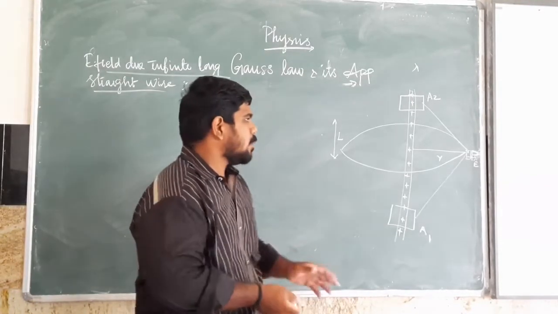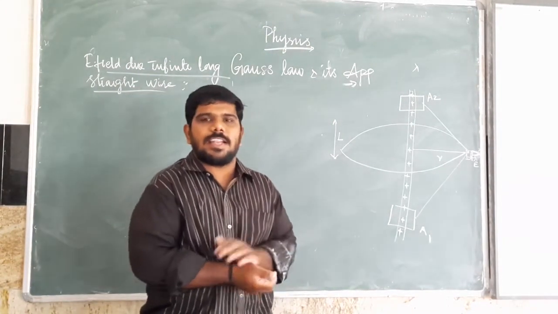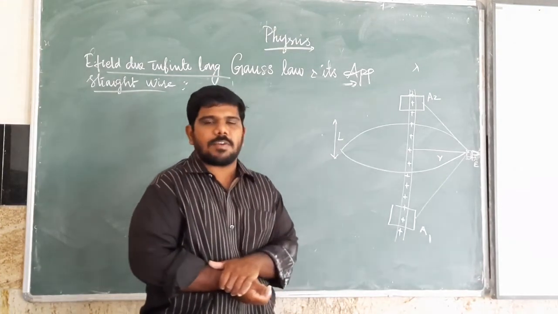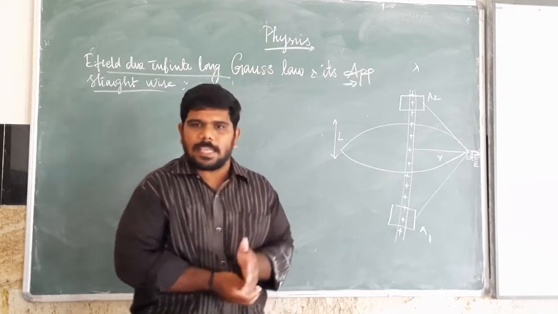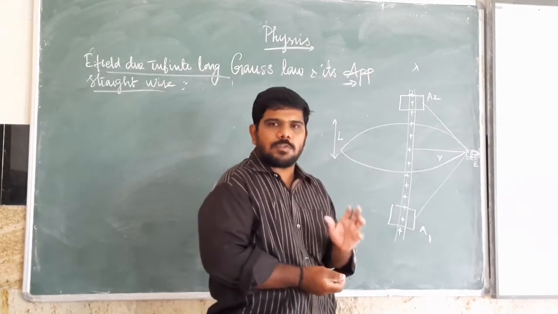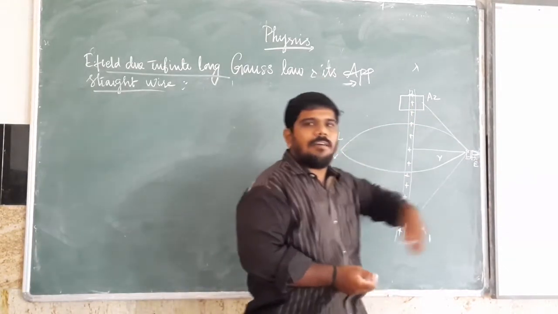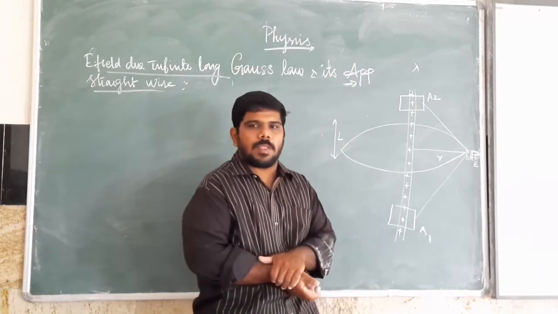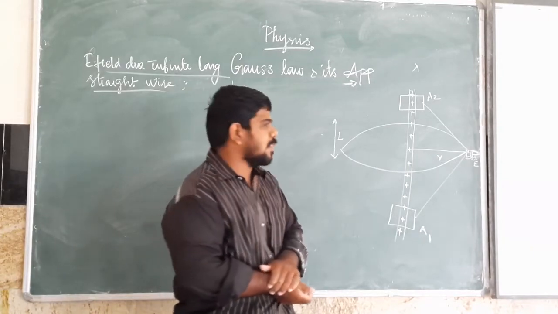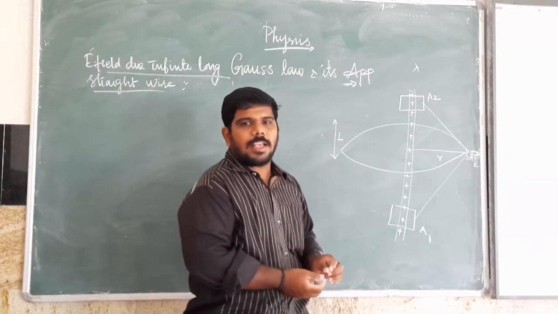So one of the points you have to write: consider an infinitely long straight wire having a linear charge density lambda. Let P be a point at a distance r from the wire having a uniform electric field E. Consider 2 small areas A1 and A2 which are equidistant from the point P, with a uniform electric field E vector. Then the fourth point: consider a curved surface having a radius r and length L, chosen as the Gaussian surface.